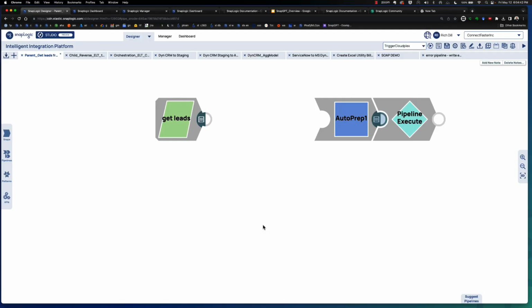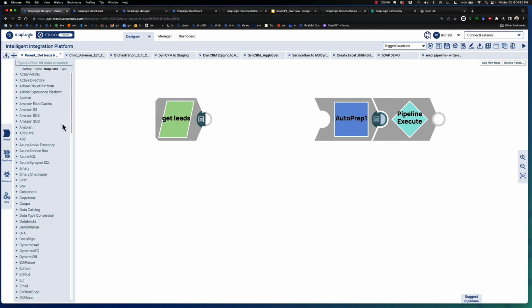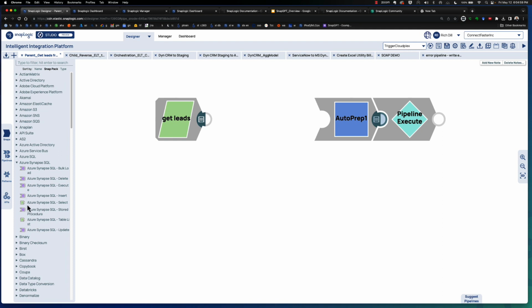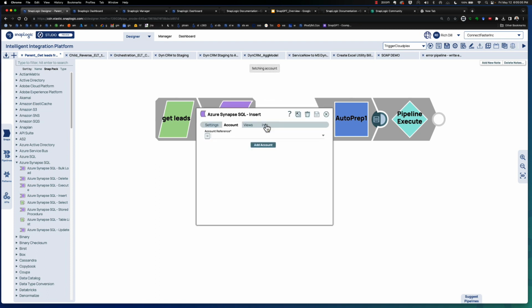All right, so as I said, SnapLogic has a low-code, no-code, drag-and-drop environment where we create pipelines, or a visual representation of what we want to do, out of these things called snaps. So over here, I have a catalog of snaps, and I'm going to go down here to Azure Synapse, and I'm just going to grab the insert snap, drag it over here, and SnapLogic uses design time introspection,